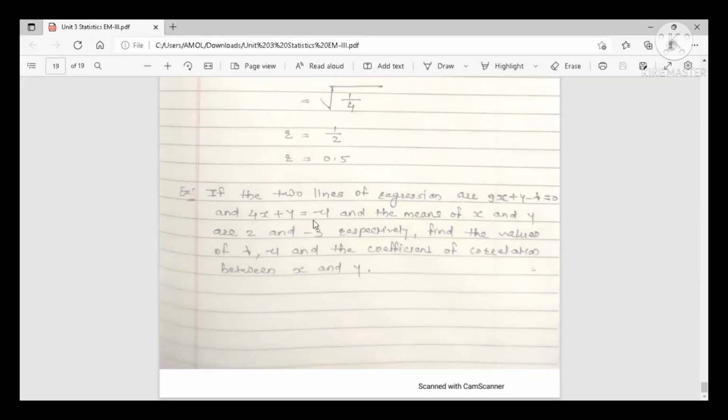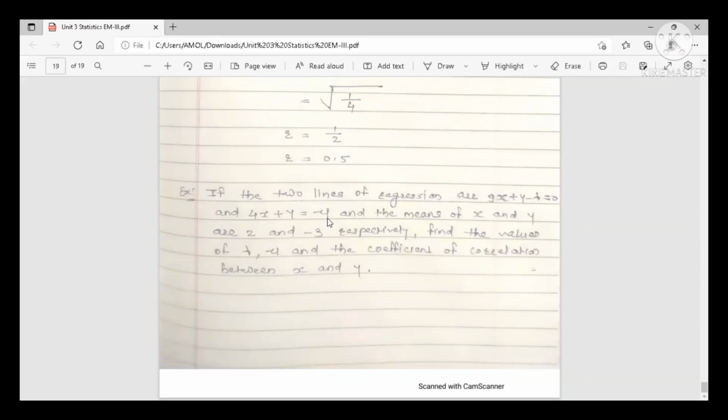If x and y are satisfying these equations, then the ordered pair x bar, y bar also satisfies these equations. So you replace x and y by x bar and y bar in these two equations, like the previous example. And then solving these two equations, you put x bar and y bar. You know x bar is 2 and y bar is minus 3. Put them in every equation. Then you will get lambda and mu. After finding the values of lambda and mu, you put them here in these two equations. And then